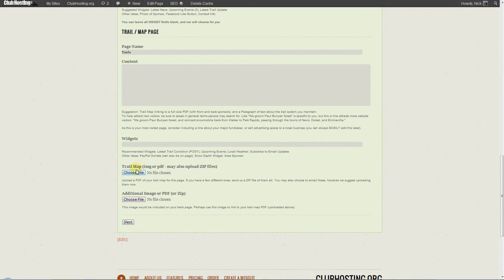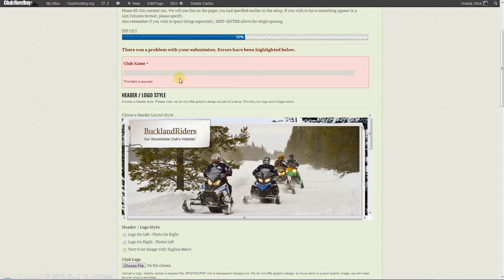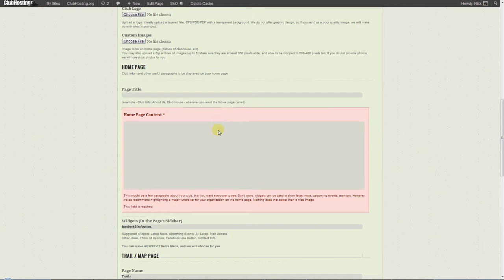Then on the trail page, it gives you an option to upload maps or additional images to be used on that page. For example, if you have a couple sponsors that you want to make sure are listed on your trails page, that's where you would upload that. Then once you click next, assuming you filled out all the form fields correctly,